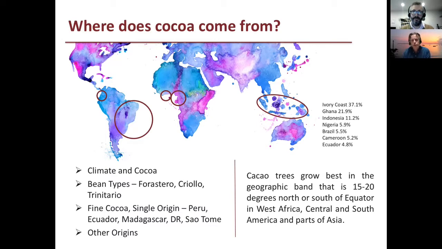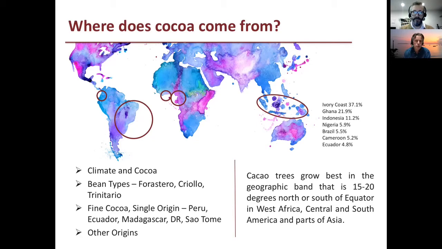If you look to the right of the map, it gives you the percentage share of the market from cocoas from different countries. And you'll see that the Ivory Coast and Ghana, between them, account for about 60% of the world's cocoa. So that is really important. If there are any problems with the crop in those countries, it affects the rest of the cocoa world. Now, the cocoa that my company tends to use doesn't tend to come from those countries so much. We tend to source from places like Peru, Ecuador, Madagascar, Dominican Republic, Sao Tome, the sort of countries whose origins we're going to be looking at today.